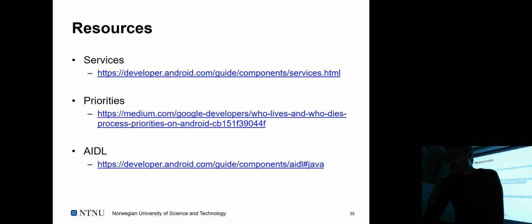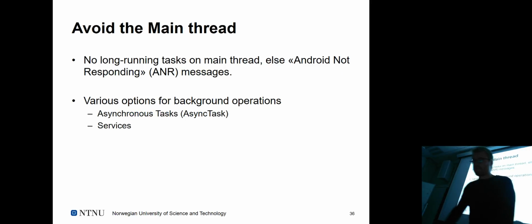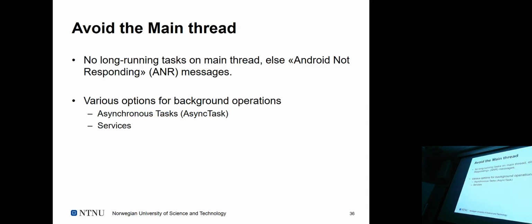Just a few notes on Async Tasks since we're still here and somewhat alive. So as Marius just said, if you want to do anything asynchronously, and that fits well into the discussion before, don't do it on the main thread. Why don't we do it on the main thread? Because then the application says it's not responding and stops. Yeah, so that's the main thing.